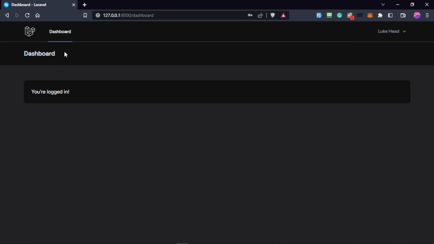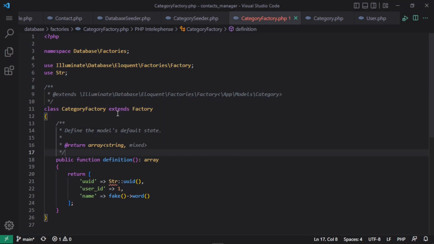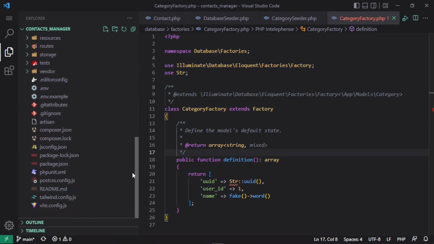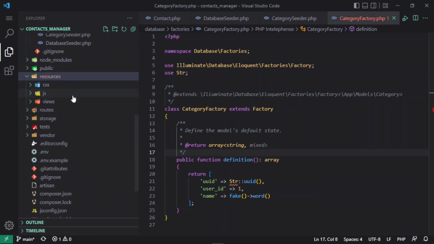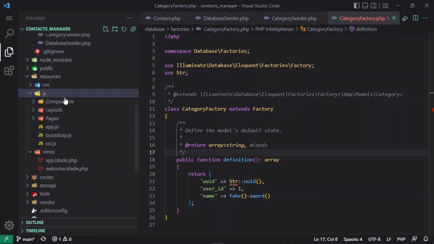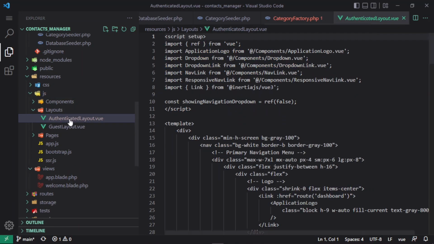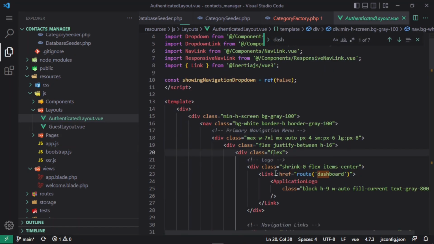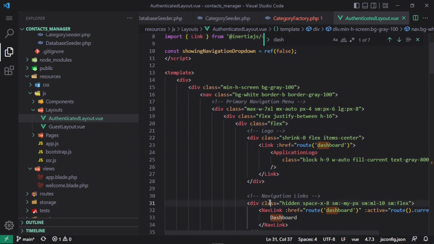So what I'm going to do is add another menu item here that will be pointing to another page, and that is what we are going to add. So I'm going to go to resources, views, here in the JS files. Here we will find layouts and authenticated. So I'm going to search for dashboard. We have that right here. So I'm going to duplicate this